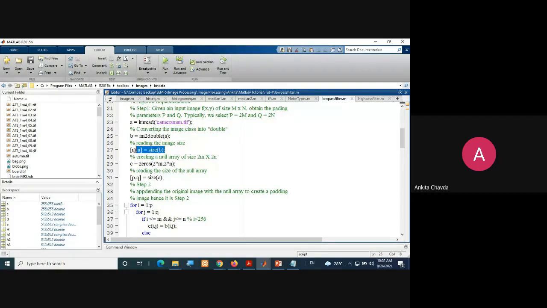After that, what are we doing here? Can anybody tell me this? Read this and tell me. Yes? Read it and tell me.